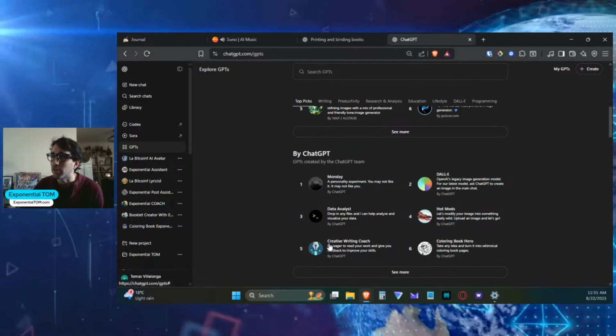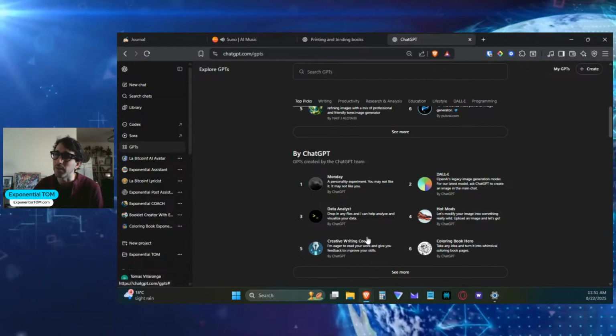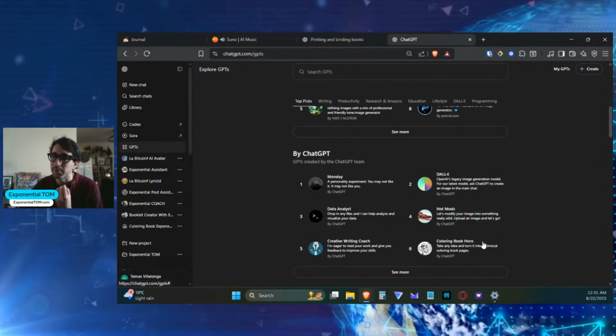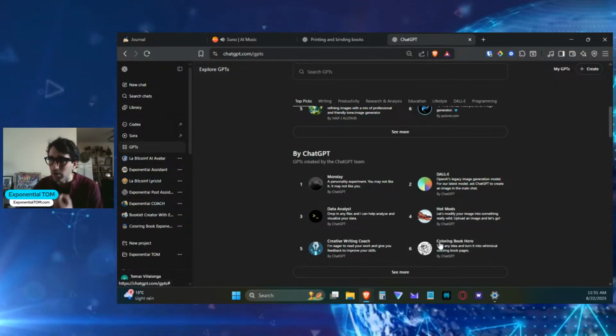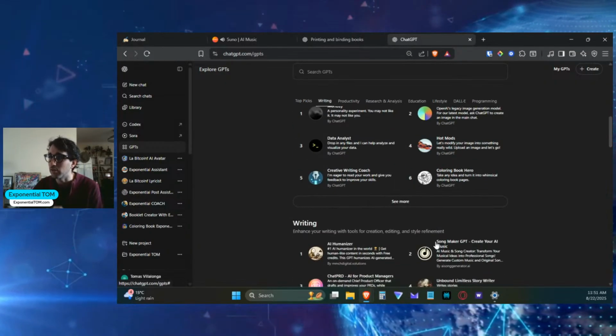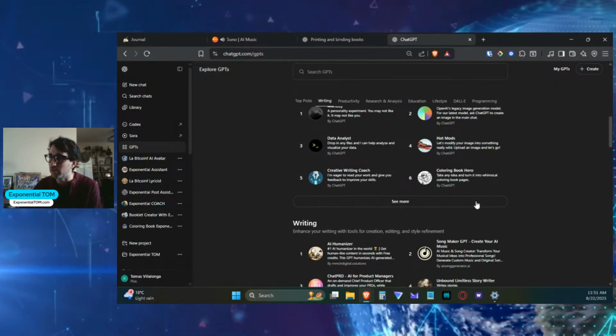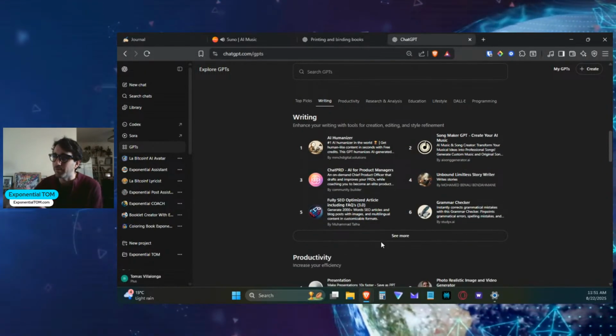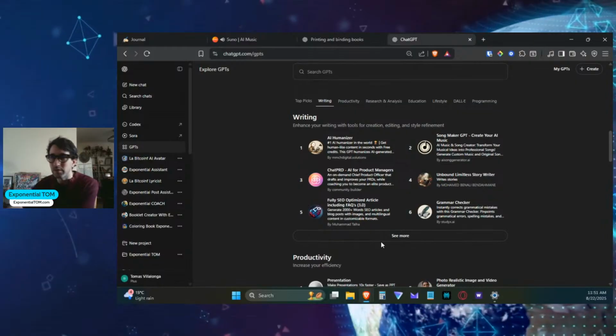Like for example, this one, the Creative Writing Coach, is specifically designed to help you write better. The Coloring Book is specifically designed to create coloring book pages. Like you go for that one for a specific reason. You have the Song Maker, and people are creating them and adding them to this